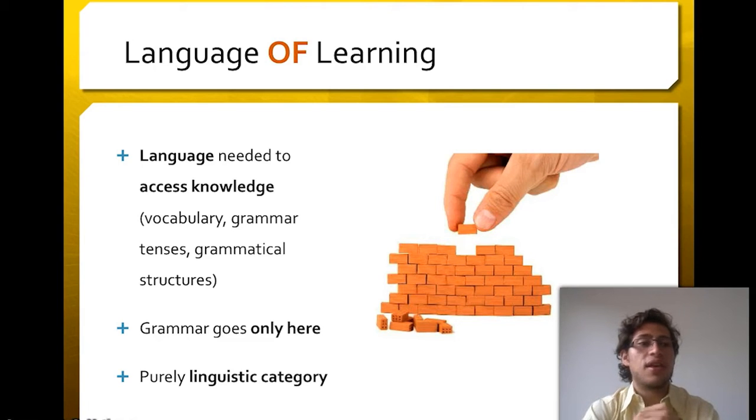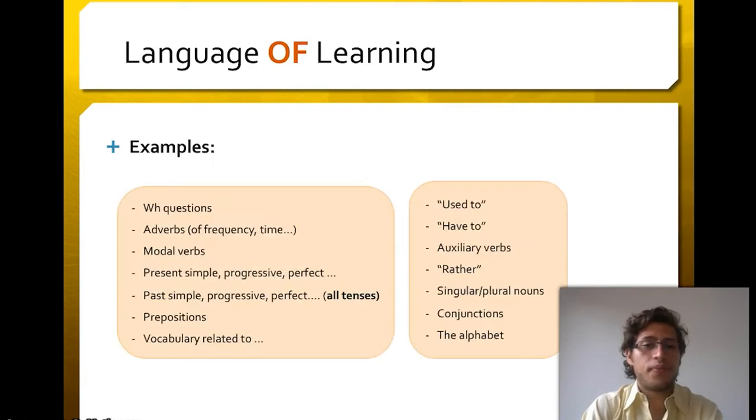Language of learning is the only subcategory that is purely grammatical, because as we are going to see later on, the other subcategories go beyond the language. So this is the only one that is purely linguistic or purely grammatical, so to say. You might be wondering, hey, what are examples of those? Okay, so in language of learning, we can include WH questions, adverbs, whether they are of frequency, time, modal verbs,